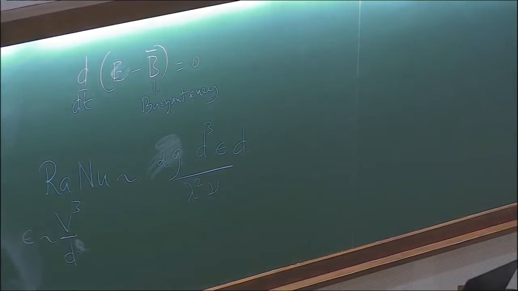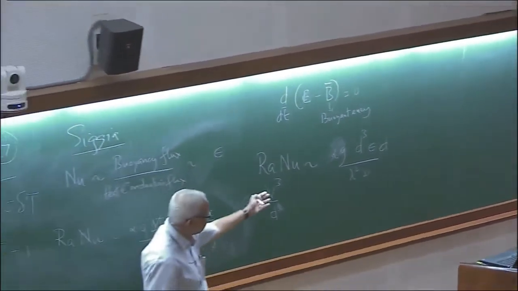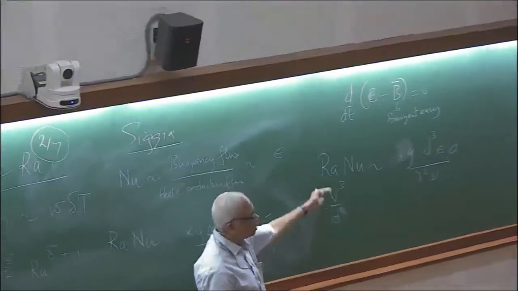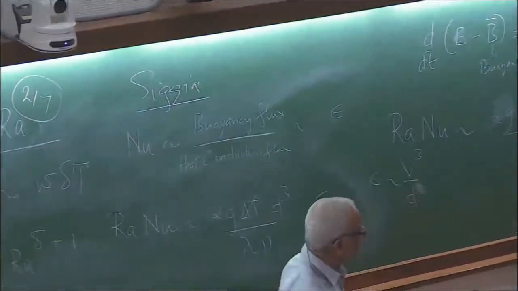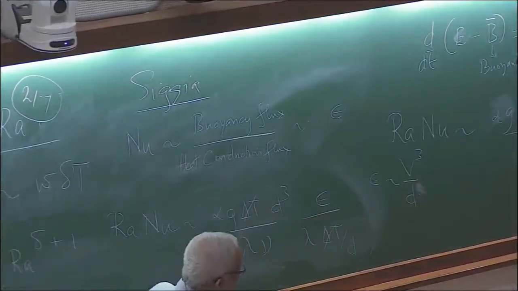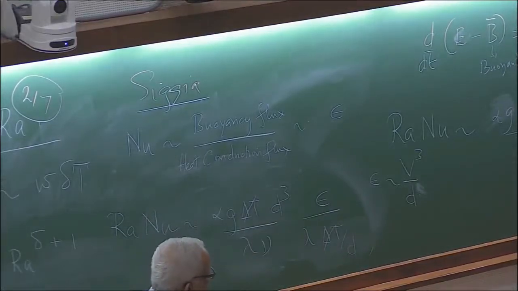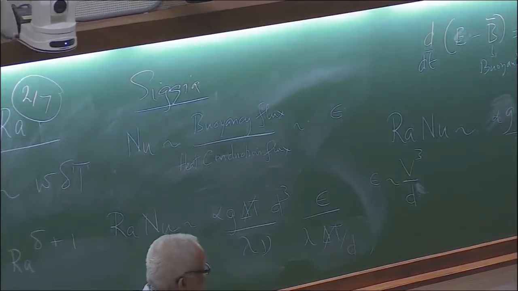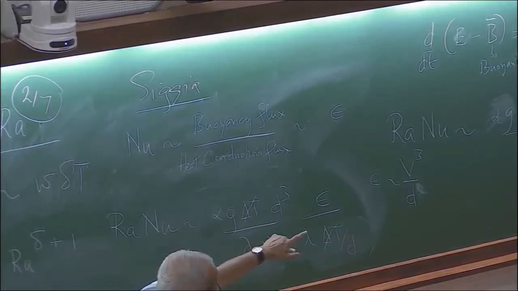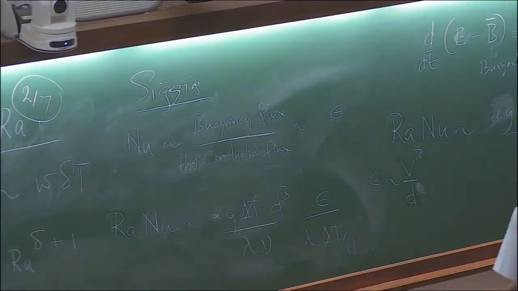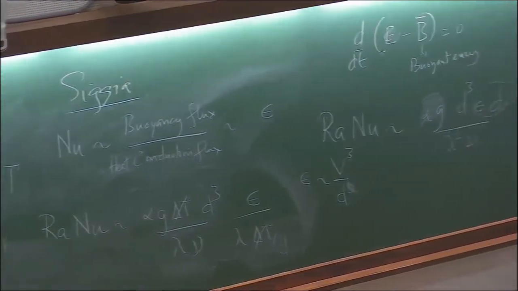Sorry, it's V cubed over d. So epsilon d was the rate at which you are pumping energy into the system. So that we estimated as v cubed over d, v square over t square, and v square over t cubed. And then, playing games with that, v square over t is L by v, so that's v cubed over d. All right, so that's that. That tells you that this epsilon d over here is actually,